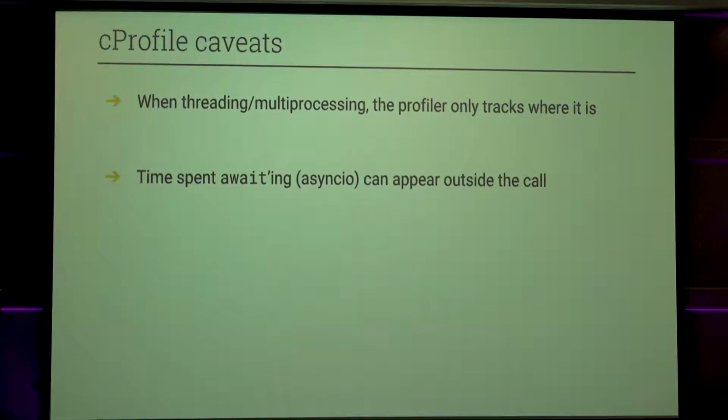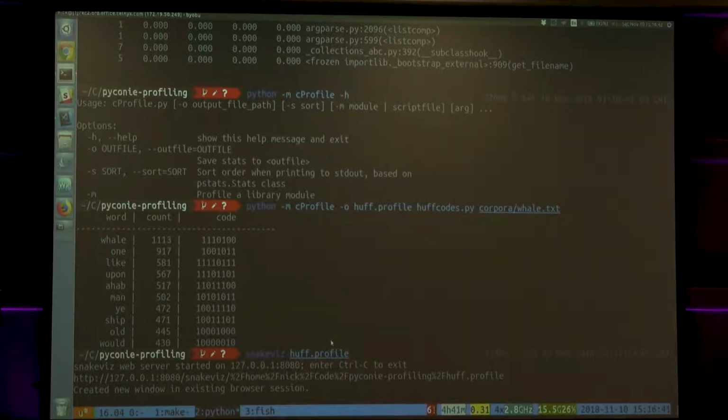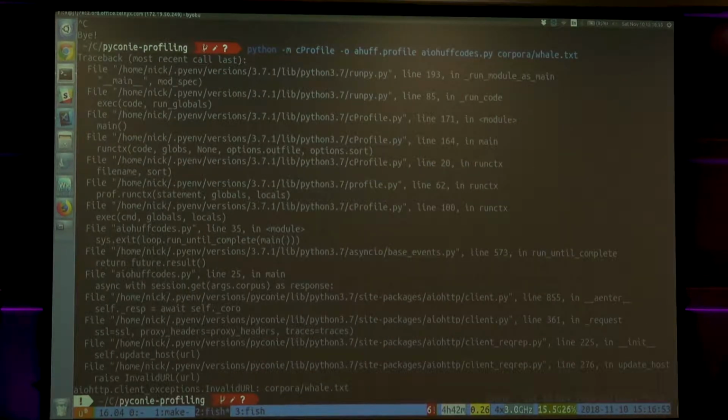With cProfile, if you're threading or multiprocessing, it only tracks the thread it's in. And then also await, which I can show here. Some of the results it gives you can be a little strange. I can demo that. With the Huffman code that I had, I also have an async IO Huffman codes version, and this will go out to